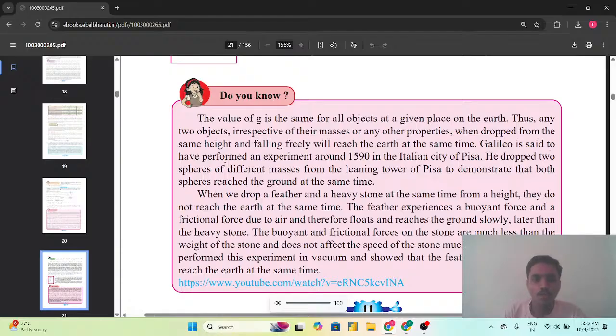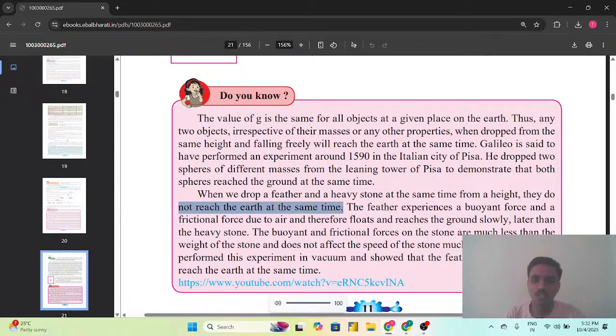Galileo is said to have performed an experiment around 1590 in the Italian city of Pisa. He dropped two spheres of different masses from the leaning tower of Pisa to demonstrate that both spheres reached the ground at the same time. He tried to find out whether both objects of different masses reach the ground at the same time or not. So when we drop a feather and a heavy stone at the same time from a height,